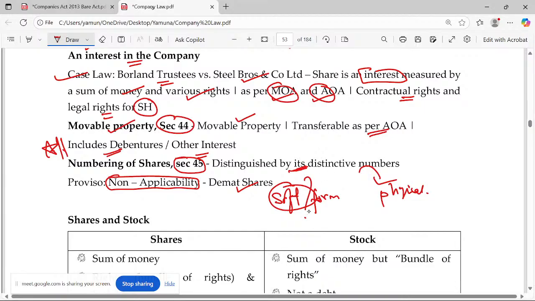If you don't understand, just give 1 lakh to me today and I'll give some other 1 lakh to you. What do you mean by some other 1 lakh? I'm not going to hold the same currency notes. They may be different currency notes, but you will get your 1 lakh. That's what soft form, or dematerialization of shares, is. You will not get the same currency notes, but your money is there, 1 lakh. You may get it in any form.